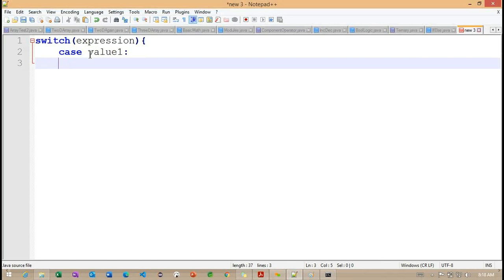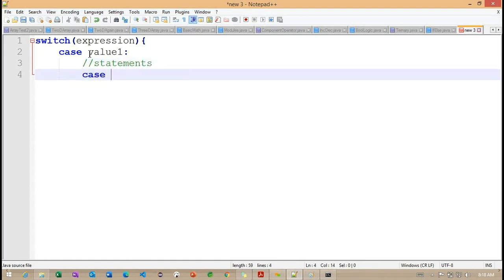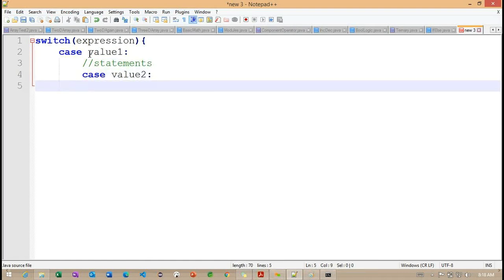So this is the value 1. We are going to work with statements here. If the value 1 is satisfied, we'll work with those statements here.